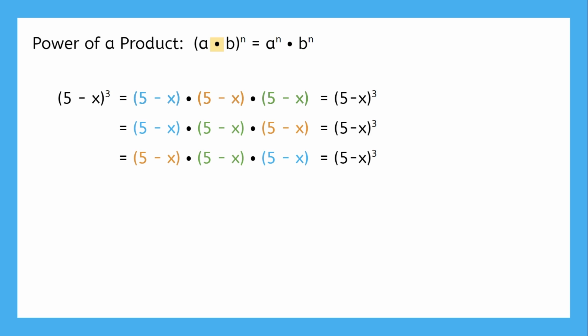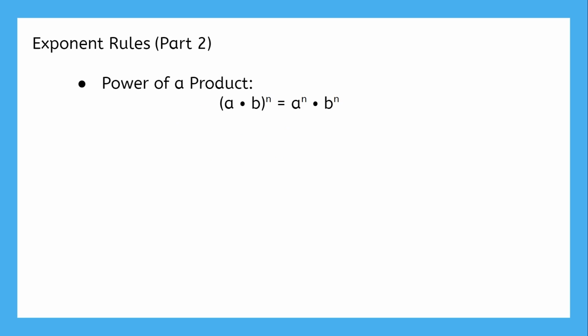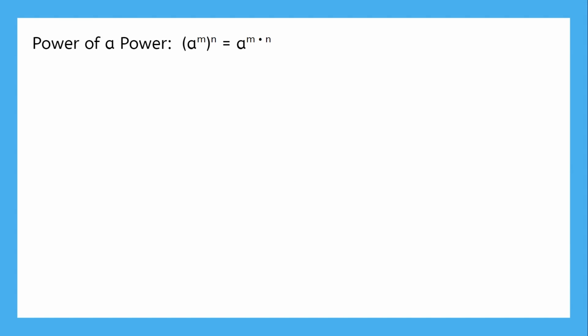The next rule is called the power of a power rule, and it deals with exactly what it sounds like. What happens when you raise a power to another power? The rule tells us that in that situation, the 2 exponents will multiply together. What was that? You want to know why? Let's try an example, like 7 squared to the third power.